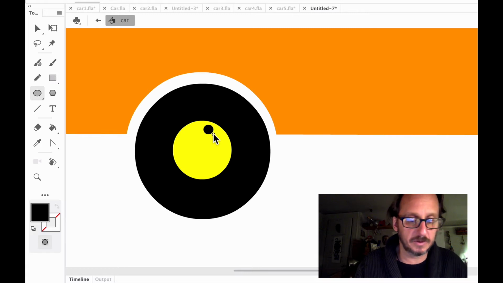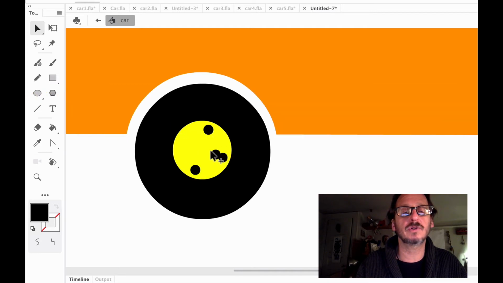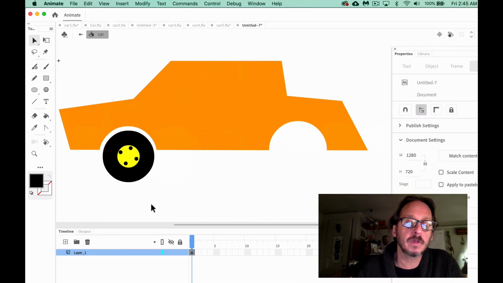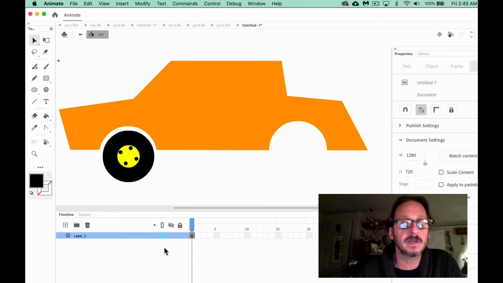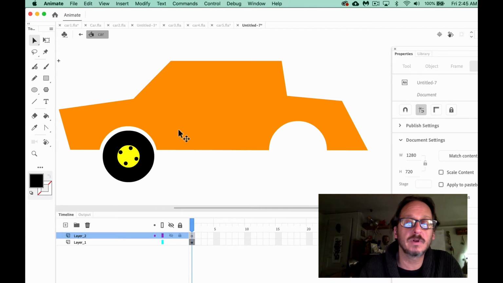And I'm going to hold down shift and make myself a rivet. Rather than hand draw more, I'm going to click it, hold down option, and place just 4 of these so they don't get too much attention while the wheel is spinning later. We actually need that wheel and the body of the car to be on different layers. And I could have made the layer first, but didn't. So now I'm going to have to make the layer now and get one of these items onto the other layer. The body of the car is easier to move. It's one part, and I do want it on the upper layer, so let's choose that.